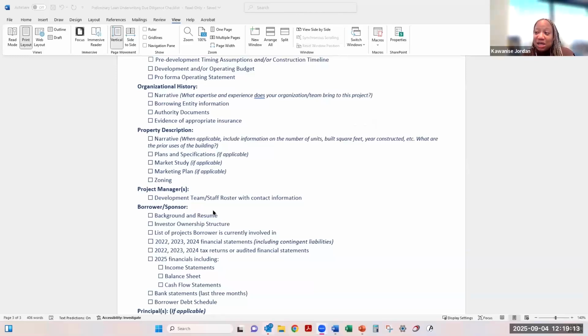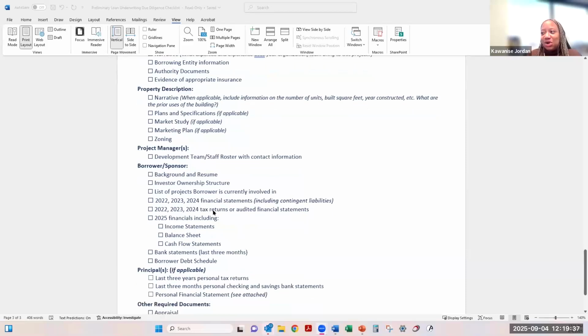If you have a marketing study, that would be great, or a marketing plan, but it's not necessarily required, but we will need to know how you plan to market your project. And if it's, of course, housing, how you plan to sell or rent those properties out. We definitely need to know about zoning. No matter what, we would need to know about zoning. So sorry, this box has to be checked off. So make sure that you have your zoning in place.